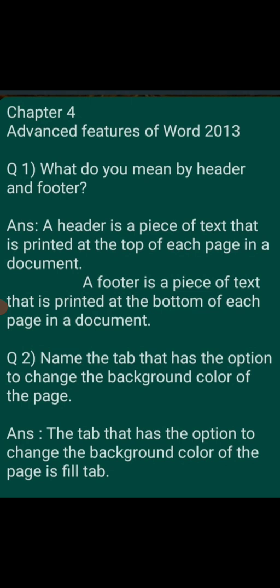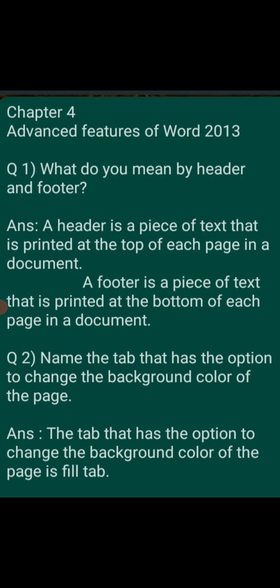Question number 1. What do you mean by header and footer? Question mark. For the answer you write, next line, a header is a piece of text that is printed at the top of each page in a document.